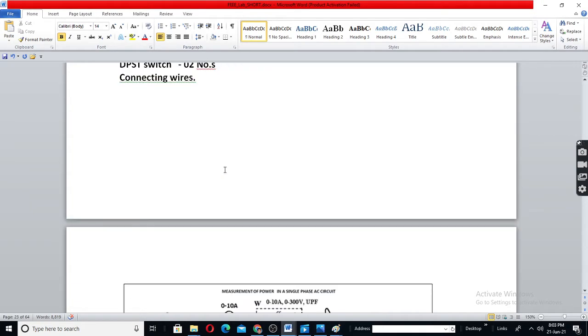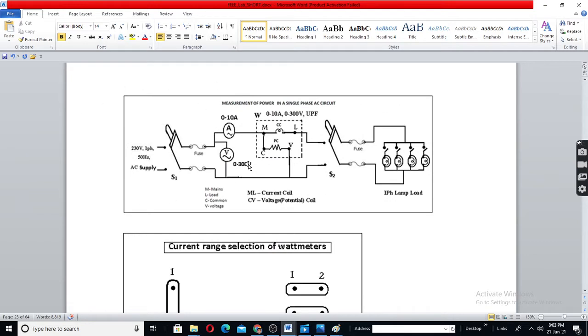Now, first we will do the circuit diagram. See, the ammeter has two terminals. The voltmeter has two terminals. The wattmeter has four terminals because it is a product of voltage and current, so it has to take in current as well as voltage.